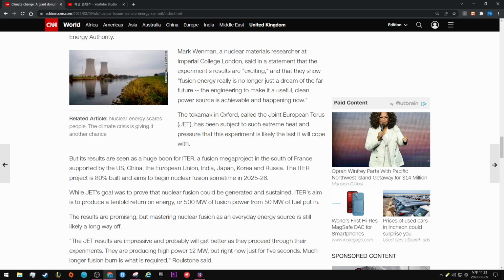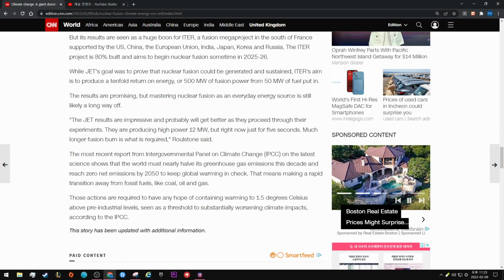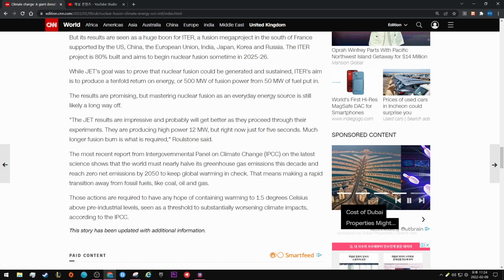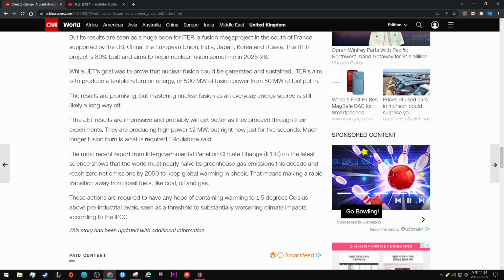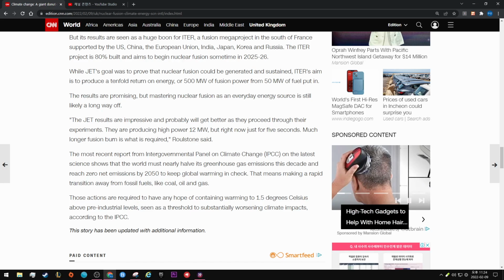The results are promising, but mastering nuclear fusion as an everyday energy source is still likely a long way off. "The JET results are impressive and probably will get better as they proceed through their experiment. They are producing high power, 12 megawatts, but right now just for 5 seconds. A much longer fusion burn is what is required,"